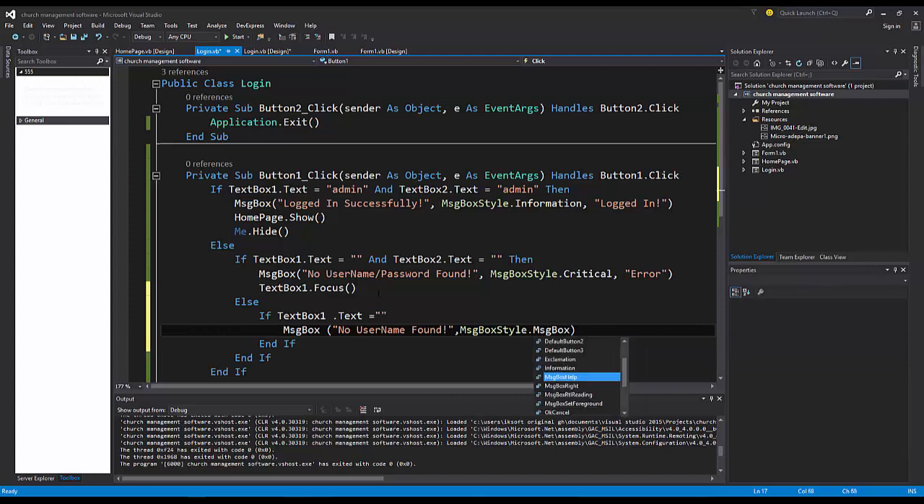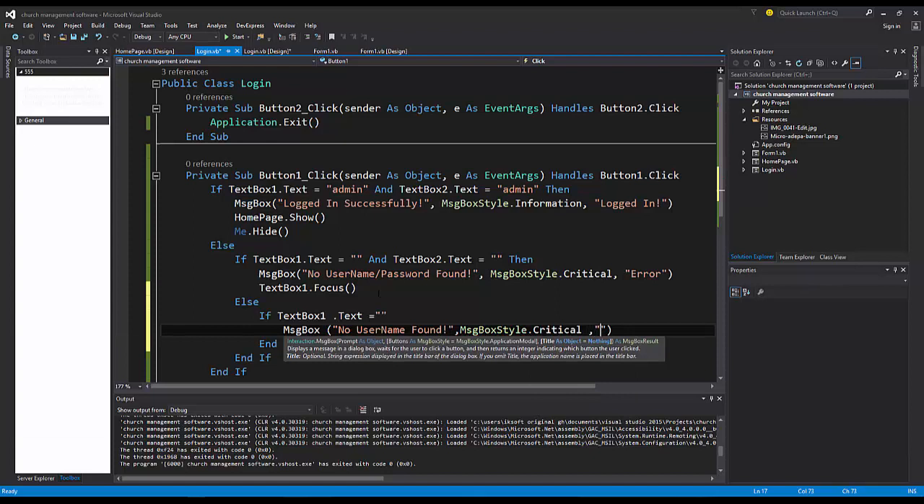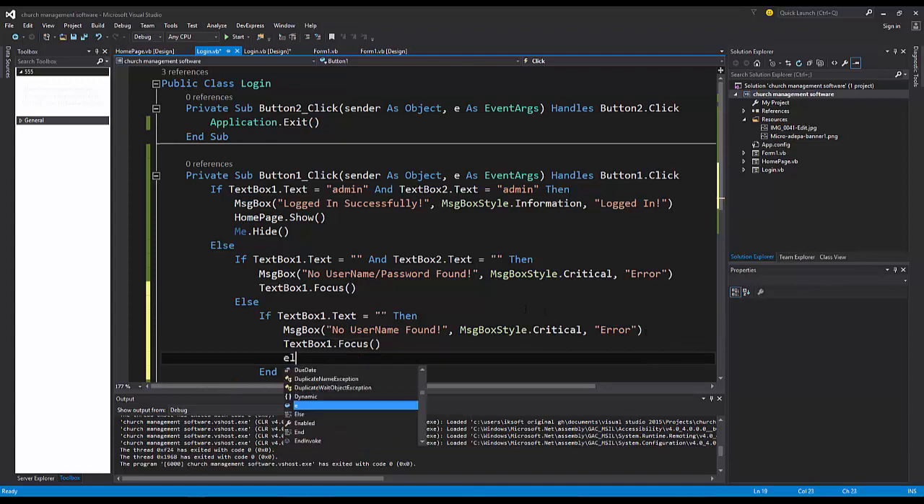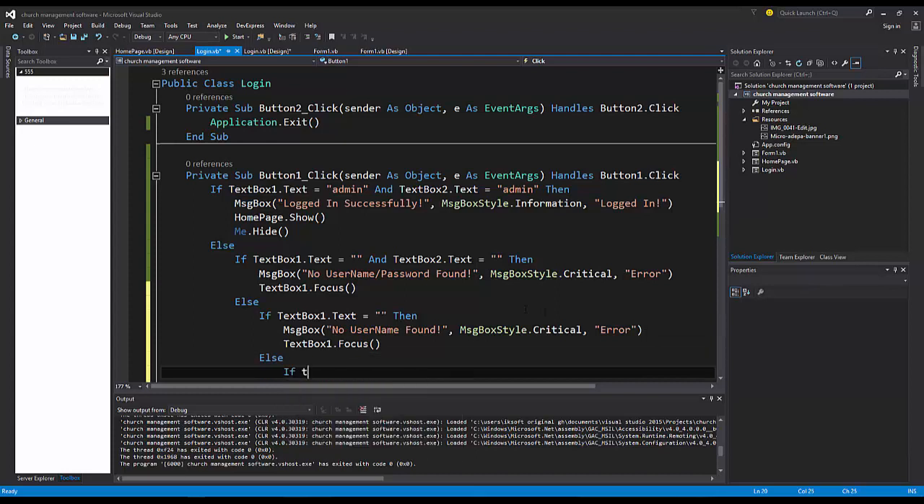That is, the message box style shouldn't be help, but it should be critical as well. And then I would like to use error as the heading too. And then for that one too, I will say the text box 1, which is the username, should focus. That is it. So let's say else if the text box 2, that is our password.text, equals to nothing,